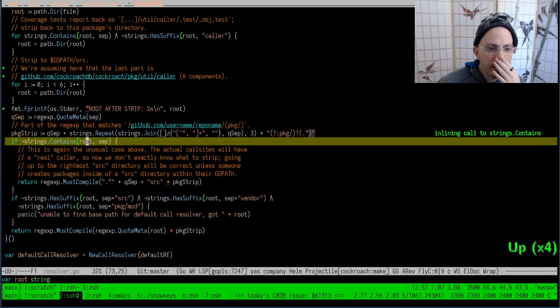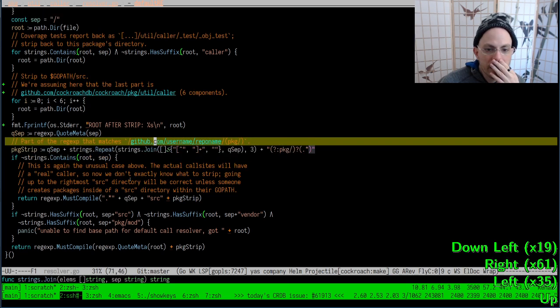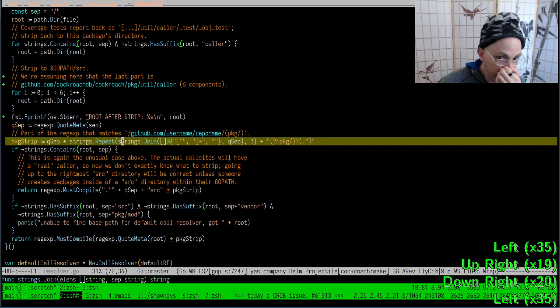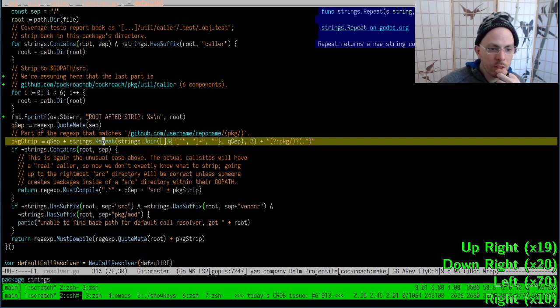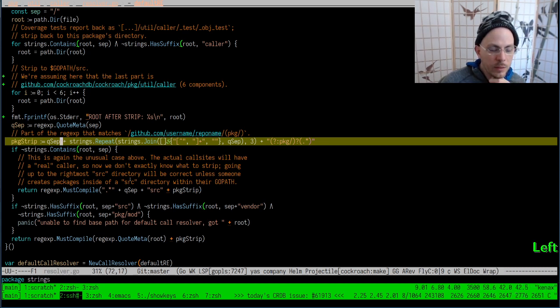So let's try to understand what's going on here. All right, pkg strip, qsub plus strings repeat 3 times. So that is removing GitHub username, repo name and then optional pkg. All right, so that's great. But the slash at the beginning, that doesn't work for us because we have here an alternative, and that is,